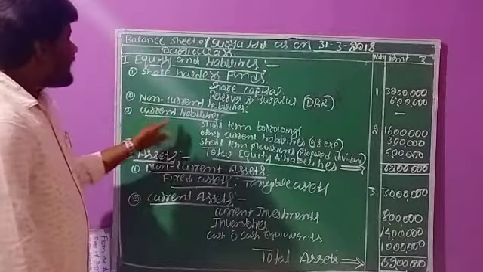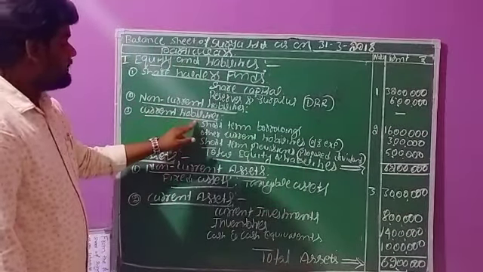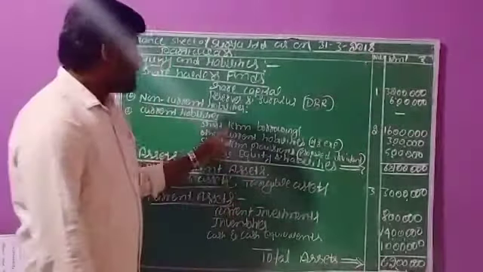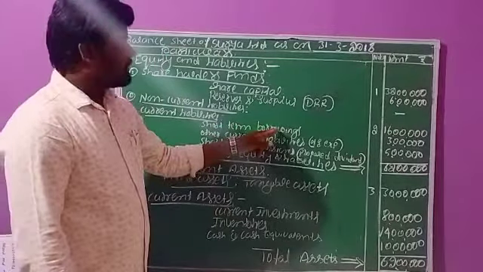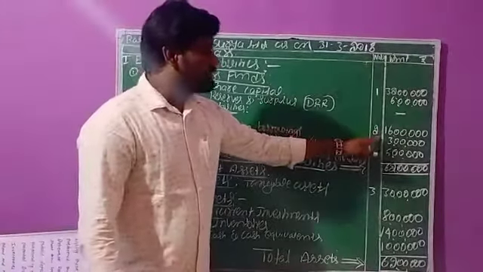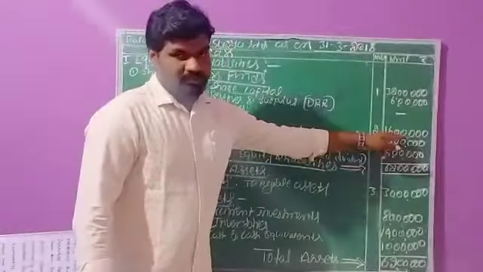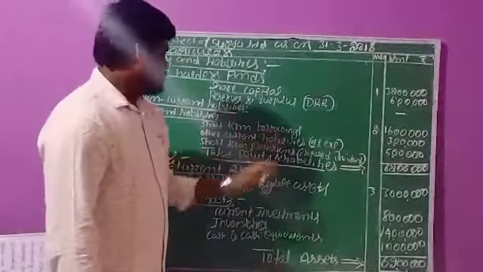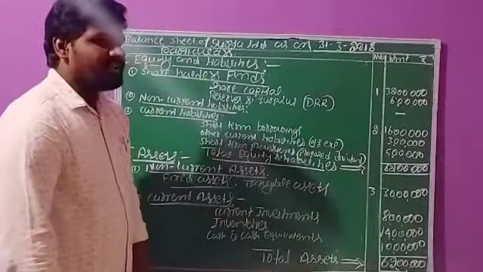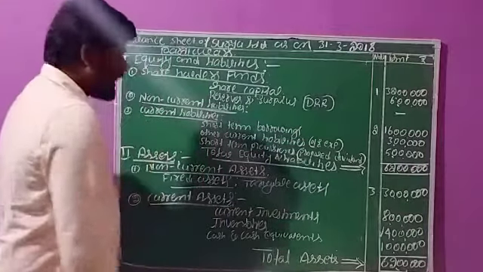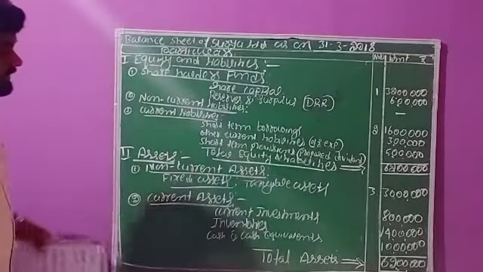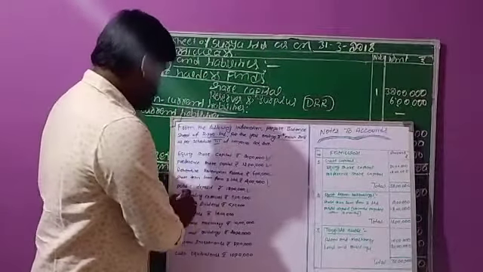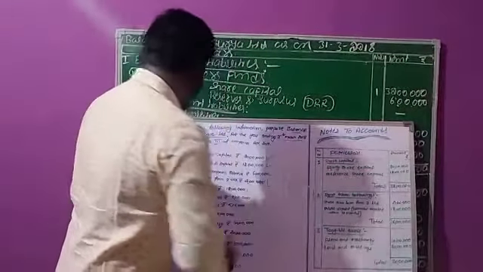The third one, current liabilities. Under the current liabilities, we already calculated short-term borrowings. In the short-term borrowings, note number 2, it gives a total of 16 lakhs rupees. So these 16 lakhs rupees we can call short-term borrowings. And in the question, they have given outstanding expenses. How much amount have they given here? Outstanding expenses 3 lakhs rupees.